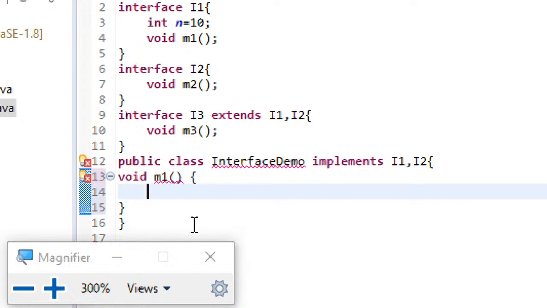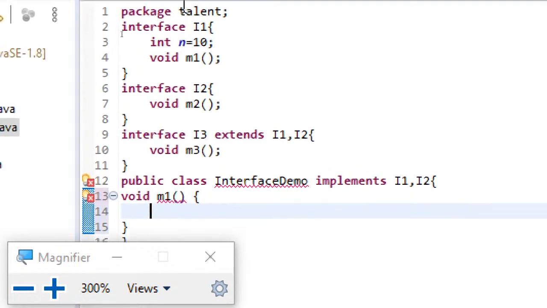So the point to be noted here is, by default, if you don't specify any access specifier, that is public or private or protected, then it will be considered as default.